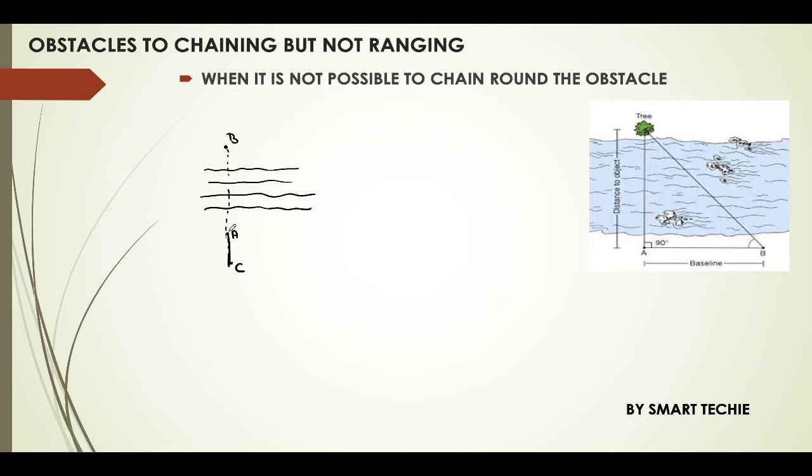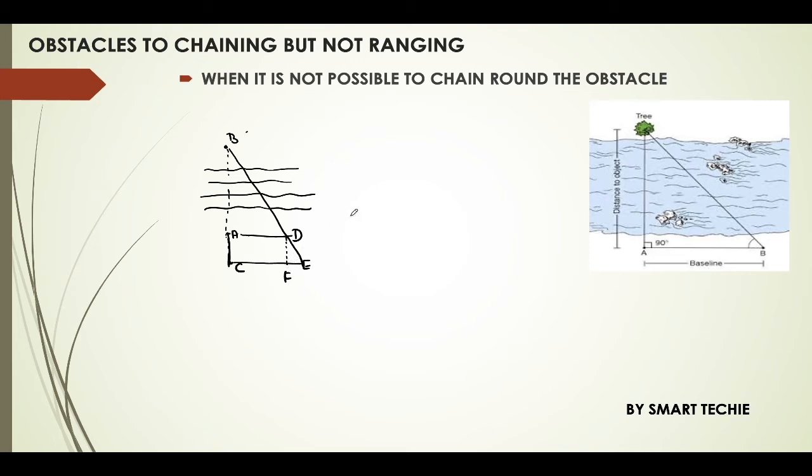Now we'll erect a perpendicular from point A and mark this point as D. And in a similar manner we'll erect a perpendicular from point D and mark this point as E. The next step is carried out by ranging. We'll mark B, D and E almost in the same line. This is done by ranging. Then we can draw a line parallel to AC and perpendicular to CE, and we'll mark it as F.